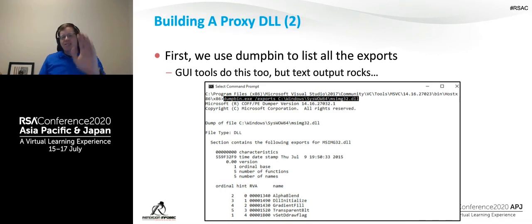Now, technically, I don't need all of the exports. Technically, I only need to know the actual exports that are going to be called by my target application. Some people have come in and said, well, you could run Dumpbin and just look at the imports. And I'm like, I could. Here's where I've been burned by that in the past. Because of loading overhead, some programs at runtime, particularly in fringe conditions, like the user clicks the help menu, suddenly go dynamically resolve a bunch of other APIs. And now I'm toast.